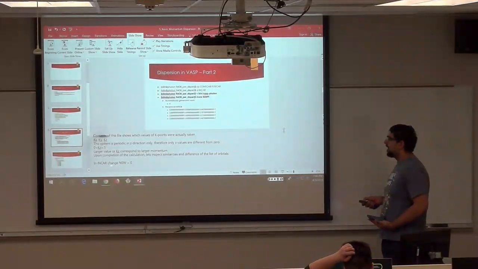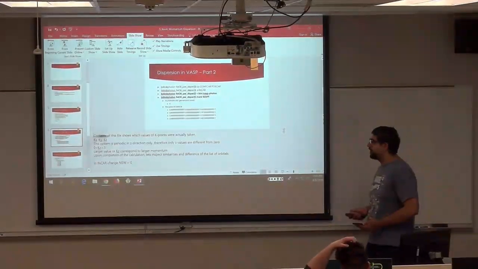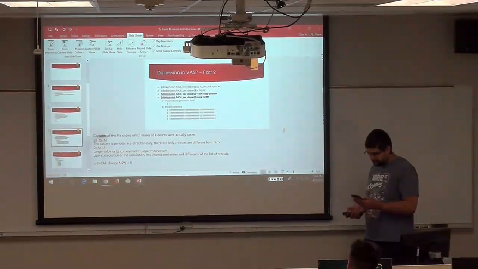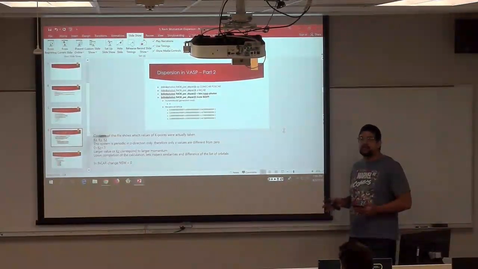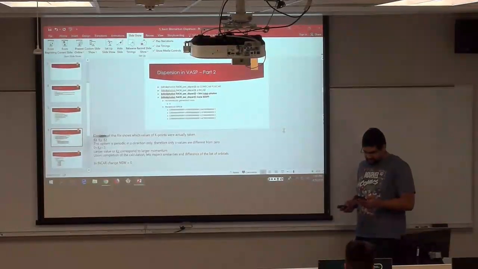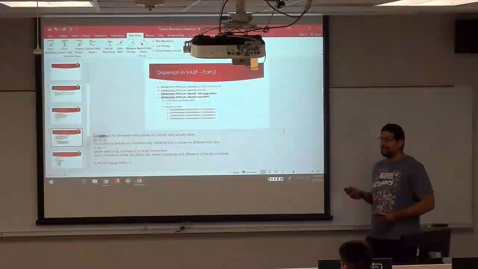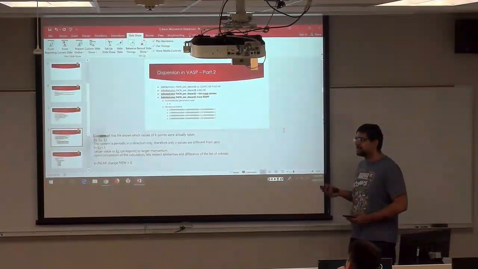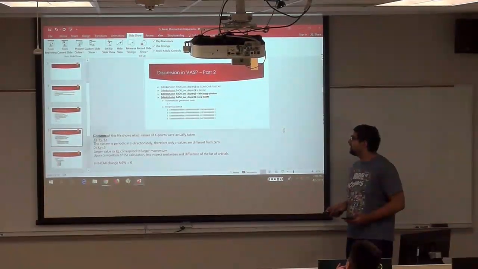In in-car, we changed our NSW value, which made that equal to 0. So what is NSW? NSW is the number of optimization steps for nuclear position increments. So basically, setting a value of NSW equal to 0 disables optimization of geometry, and it saves a lot of time. So if you're looking for something really quick, just change this NSW value to 0.